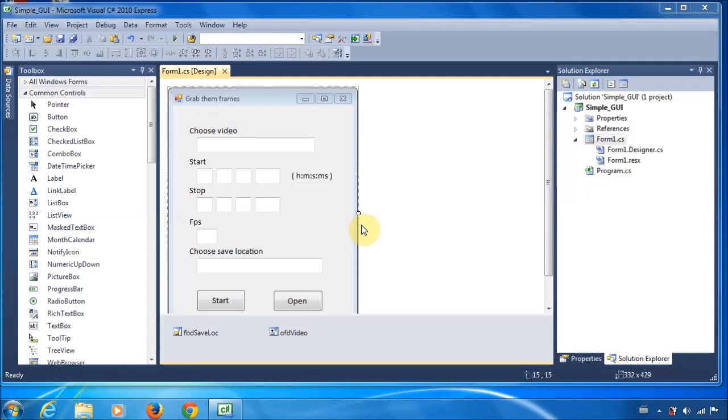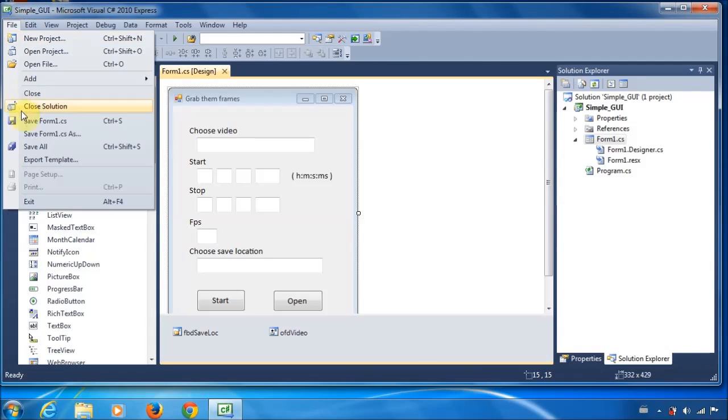One thing that we haven't done that we should probably do is actually save the project. So we can go ahead and go to File. So if you see this Save Form1.cs, that's not quite saving the project. We need to